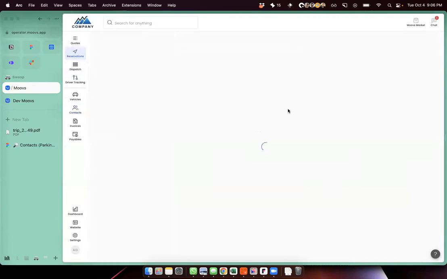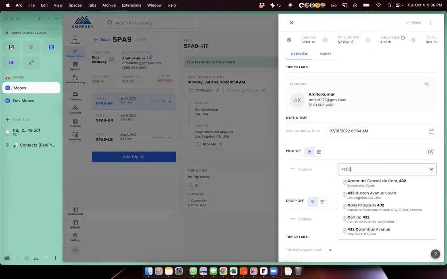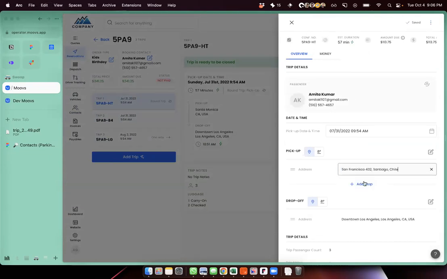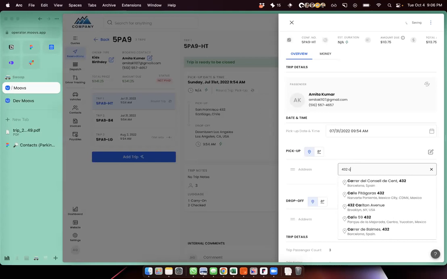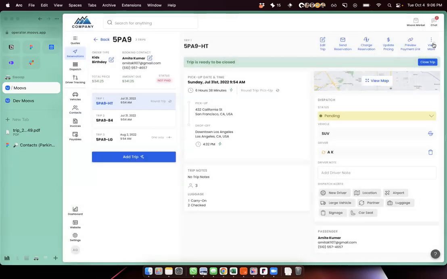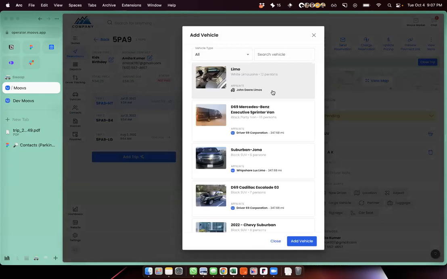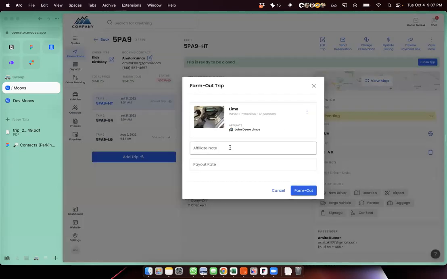So I'm trying to get myself a gray one. Now I'm going to try and farm this out to my external operator here. There we go. Add vehicle, affiliate note. Please add water. Yeah, rate. Let's say 200.